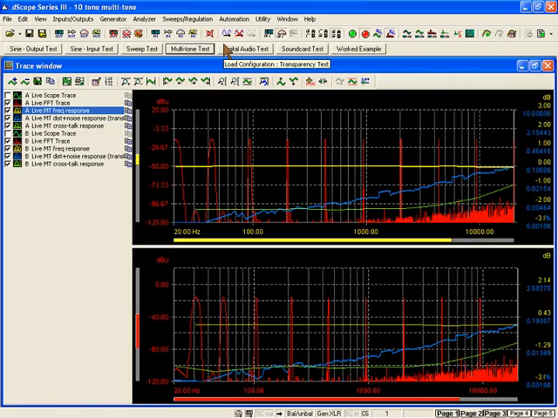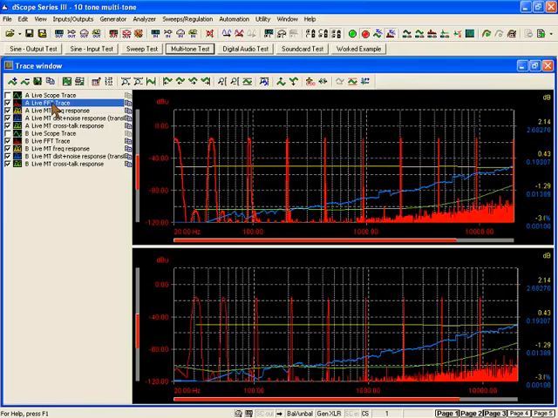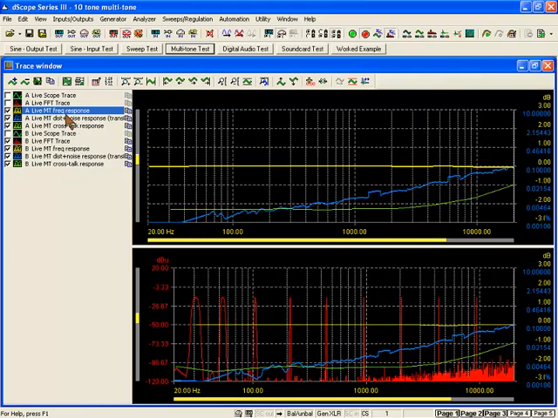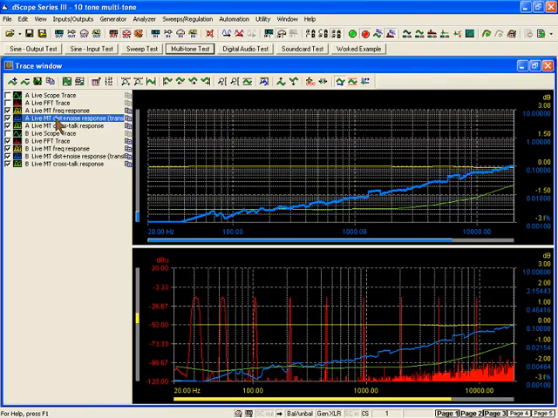So you can see this on your screen. And the red trace here, this is the FFT of the time domain signal. And this shows you quite clearly the discrete tones in this particular multitone. And from this FFT information we can derive all of the other traces. So first of all we have this yellow trace, that's our frequency response, once again pretty close to a flat line as we'd expect. But we also now have this distortion and noise response in blue